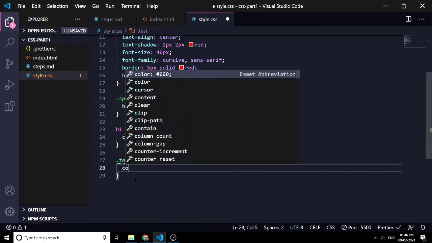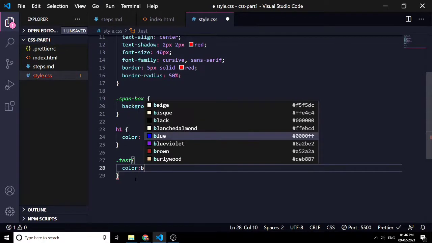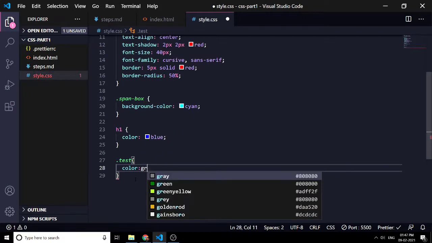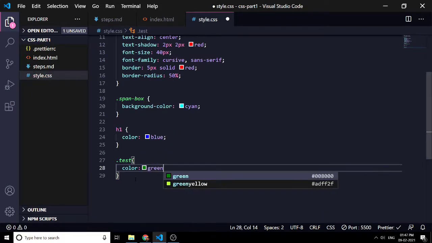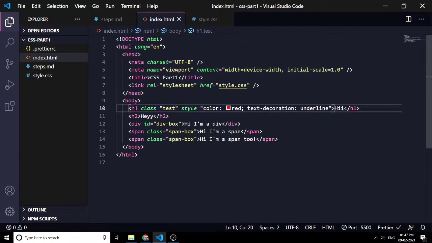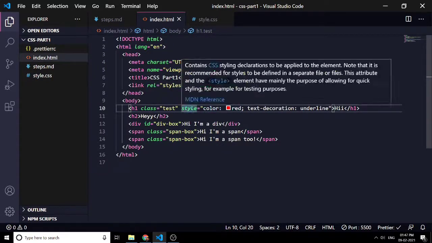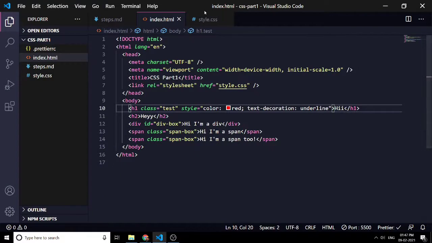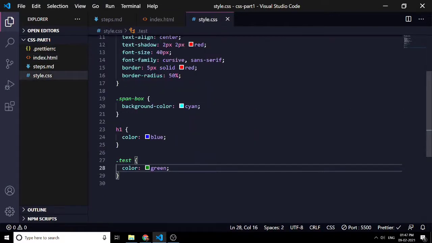Then let's give it a color of blue, or we have already blue, so let's give it green this time. So now we have three styles applied to the same element, that is h1. Firstly, we have an inline style which is of color red. Then we have one h1, or you can say element selector. Then we have one class selector.